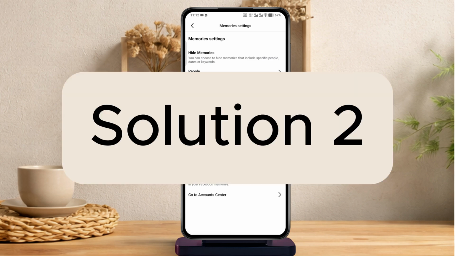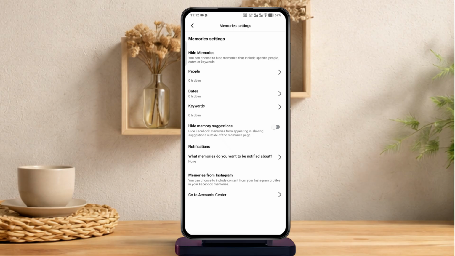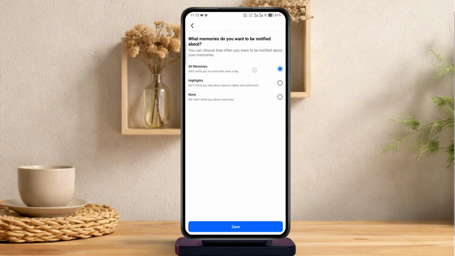Solution 2. In the same memory settings, tap What memories do you want to be notified about? Select All Memories. If it's already set to All Memories, switch it to None or Highlights, then change it back